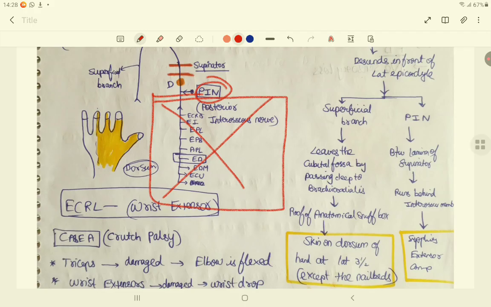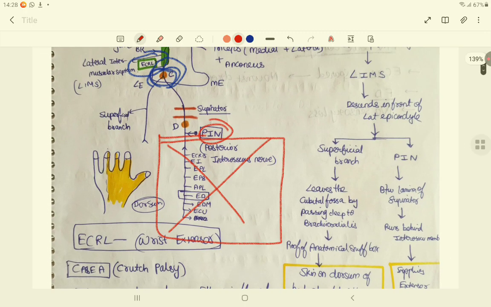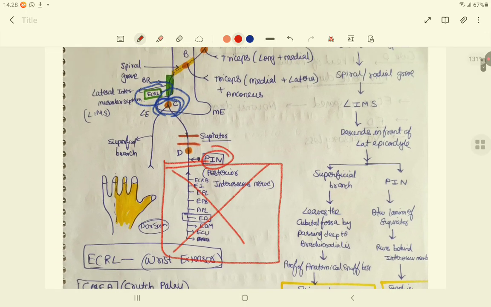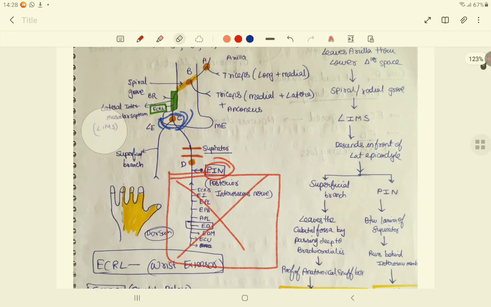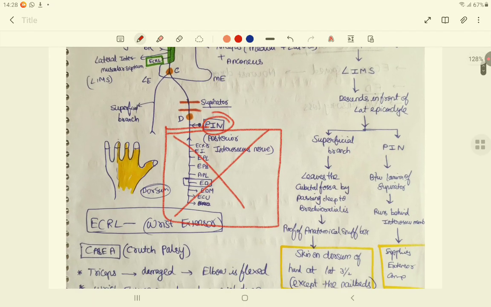I guess you can now guess the clinical condition of that particular patient. See what is getting spared. Just look at the things that are present above and below the point of damage. So you can see that below the posterior interosseous nerve, all the extensor